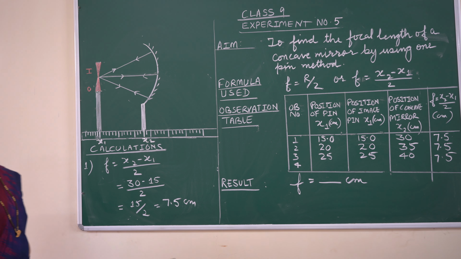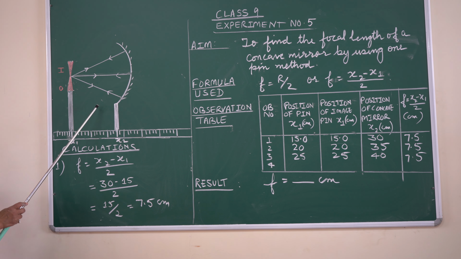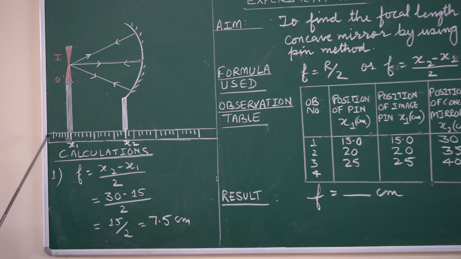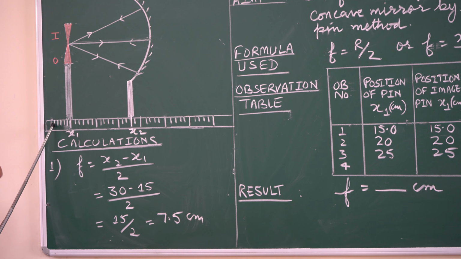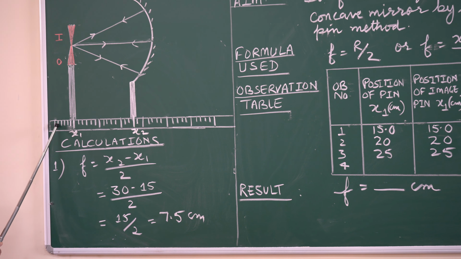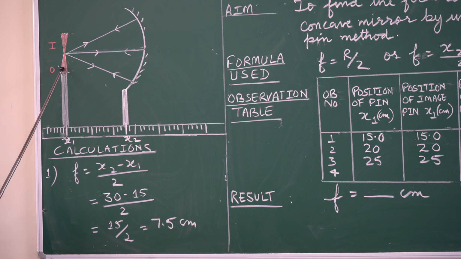How the calculations are going to be done, or how the performance of the experiment is going to be done, that I am explaining to you on the basis of this diagram. This is an optical bench, and the optical bench means the apparatus with the help of which we do light experiments, right? That's why the word optical has been used, for light. Then on the optical bench I am using a pin, right? This is the stand, and on the stand I am taking a pointed pin which has been indicated by O for the object pin, right? With the pink color I have shown it.